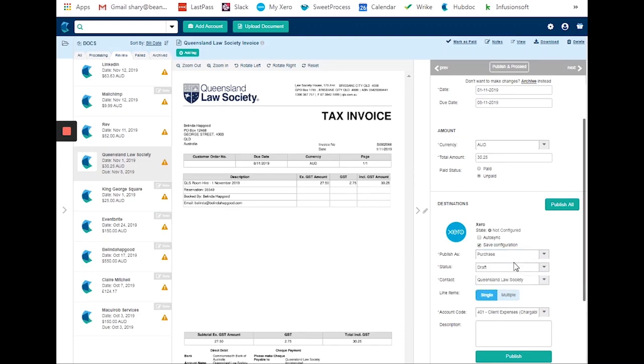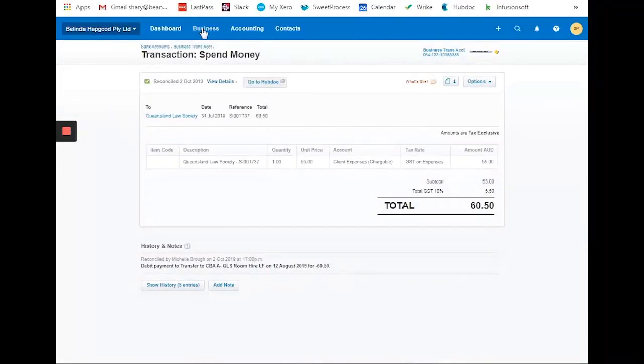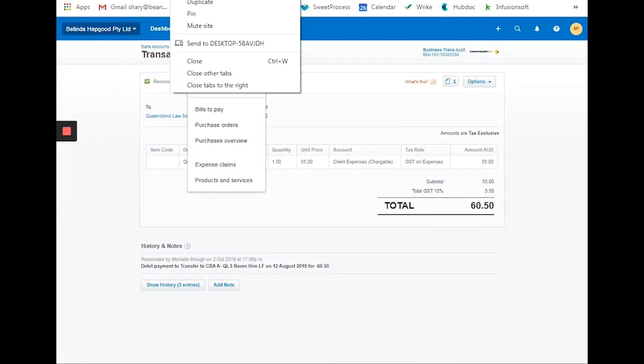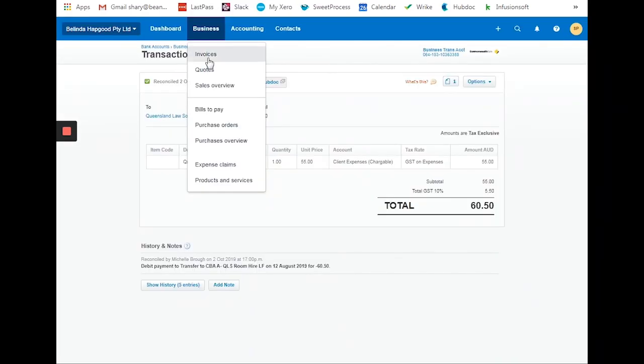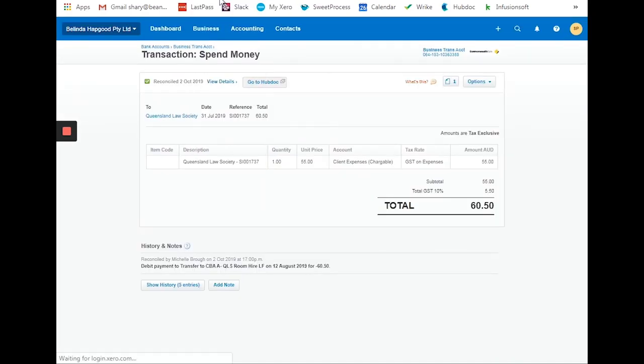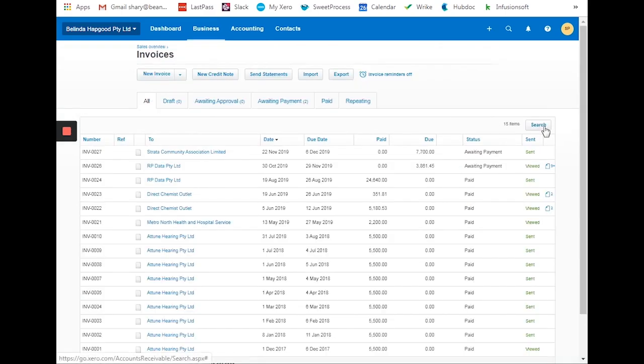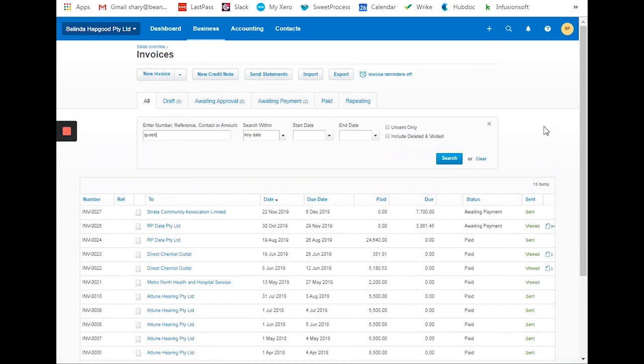To check if it's a supplier or a customer, you could go to Xero. Duplicate the tab, go to invoices, and you can also go to the bills to pay. Go to all and look for Queensland, the name of the supplier.